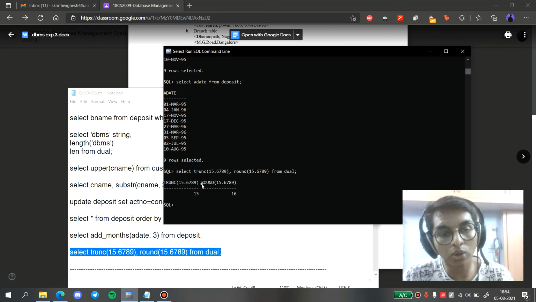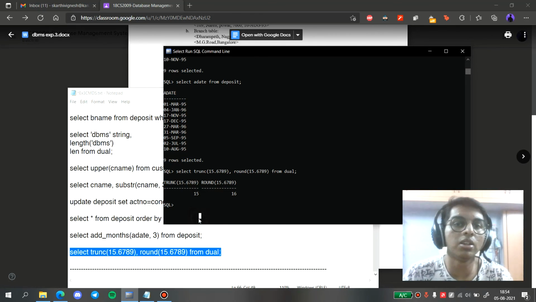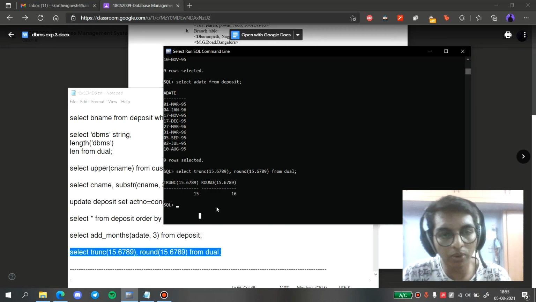But in the case of the round function, it will display the value after rounding off. So basically, if the decimal value is 0.5 or above, it will round off to the next number. If it's 0.4 or below, it will round off to the previous number.